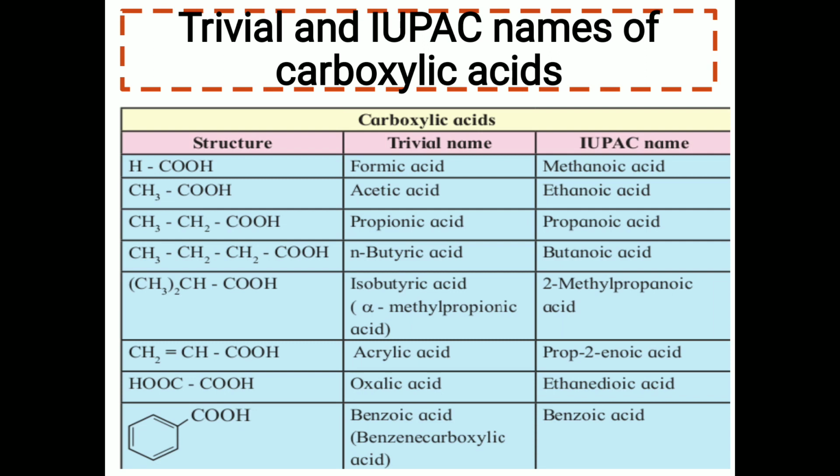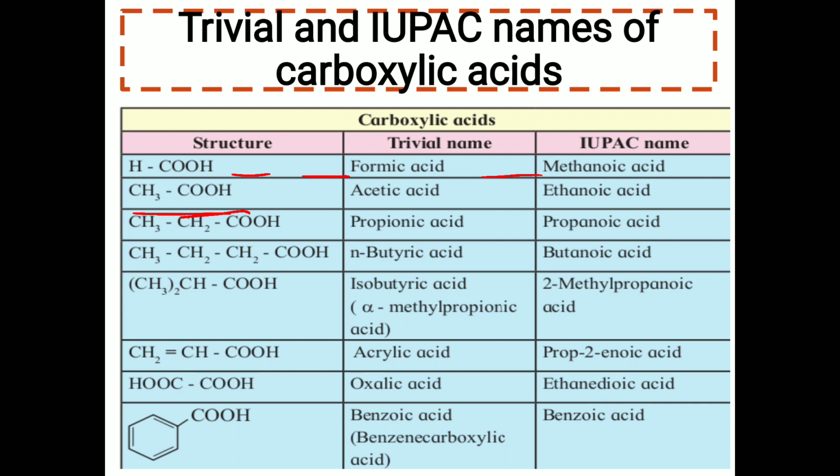As we saw in the case of the aldehydic compounds, the same formula is applied in the case of the carboxylic acid. So the common names, that is trivial names, and IUPAC names of the carboxylic acids are as follows. First, all the compounds contain the same functional group, which is the COOH, and as it contains a single carbon, the common name is formic acid. The IUPAC name is methanoic acid, as the alkane is methane.